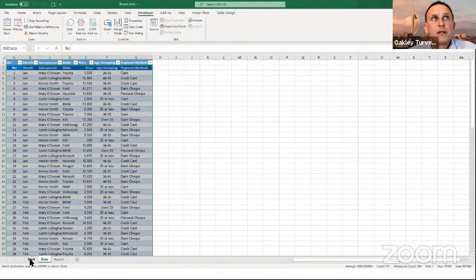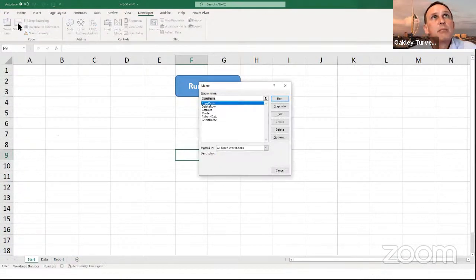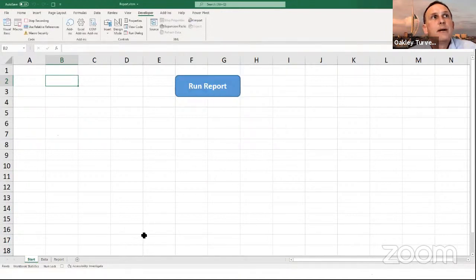I'm going to go back to my start sheet and still recording. I'm going to run another macro. So it's copied and pasted. I'm now going to delete that row. That's caused a problem because I changed sheets. That's absolutely fine. What we'll do is we'll fix that later on. So I'm just going to say end, and I'm still recording, but we can fix that in the code.